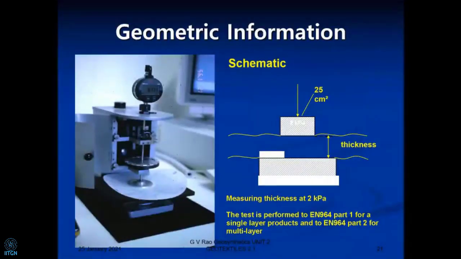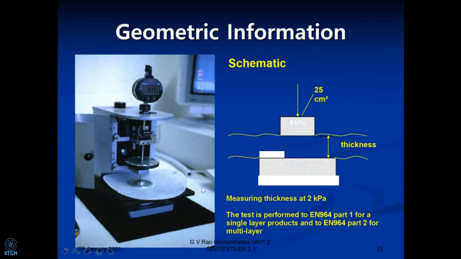The other thing we are going to require is the thickness. Now the thickness is going to give us the typical range of properties which we call filtration and drainage. So what are we going to do? You can hold this by hand, the nanogeotest style. If you hold it between fingers, you can compress it in the fingers itself. So what kind of thickness are we going to get out of this? If you just compress like this, we can't do this. So that is why, as a standard, the thickness we are going to get is at 2 kilopascals.